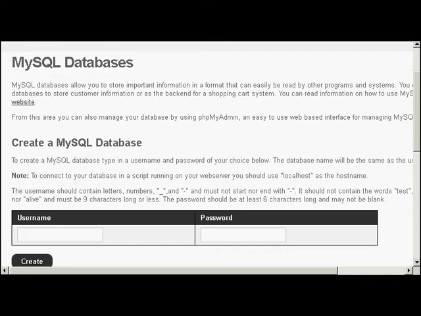So the database name and the username are the same, all bar the front part, which will be set by the hosting provider. So if I create a username that says Sam001 and enter a password, you have to enter your own one here,